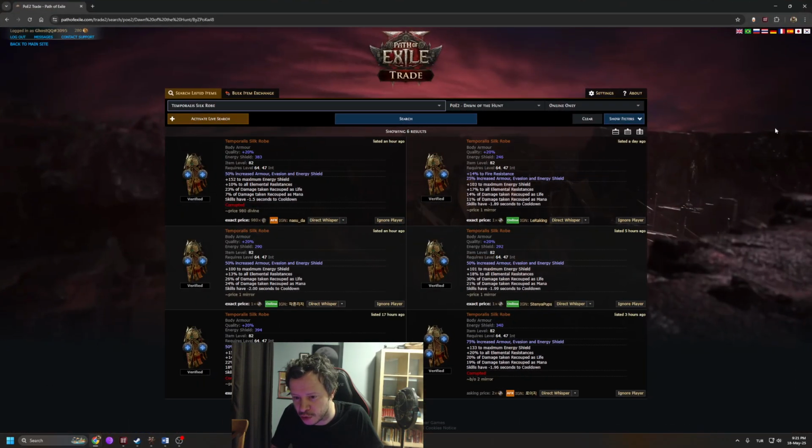You should be able to see now. Yes. So guys, what temporalis does is it reduces all of your cooldowns, ranging from 1 to 2 seconds. And of course, it's such a rare item. As you can see, 1000 divine is the cheapest one. You do a few divines on it to get the good versions on it. So guys, what happens if you have a perfect temporalis with 2 seconds cooldown reduction, and you have